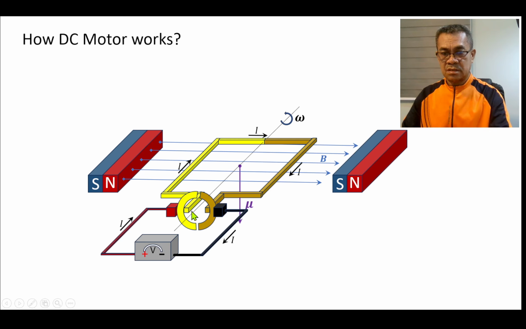By the way, in this figure we use the permanent magnet, but there are motors that don't have the permanent magnet. Instead, they provide another winding. Remember that if we have windings, we have a magnet. It will provide a magnetic field. So we can replace the permanent magnet with another electromagnet. We call that a shunt field. So when you look at this one, this is a shunt motor.